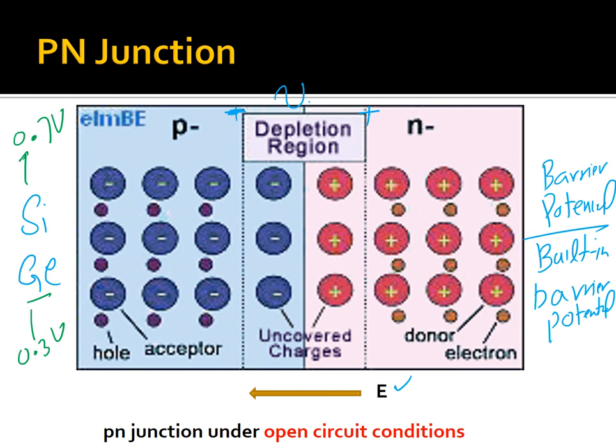Now this configuration is actually called the diode. Here we have the positive p type, and this is the schematic of the diode, and here we have the n type. This is called the anode or positive, and this is called the cathode or negative. So now what is actually happening? Here we have got a voltage drop of 0.7 volt.